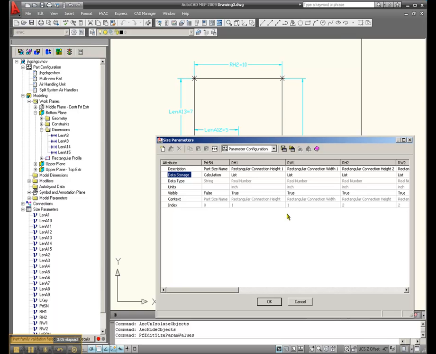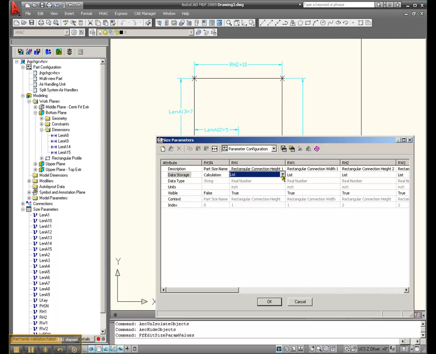So your cabinet dimensions are set in stone and your connector dimensions are set in stone. So really we may not want these to be lists per se as much as a table. So we're going to have a table of values. So per cabinet size, you'll have a table of all these dimensions. And as you change your cabinet size, your dimensions will expand and contract and be true to the manufacturer's cut